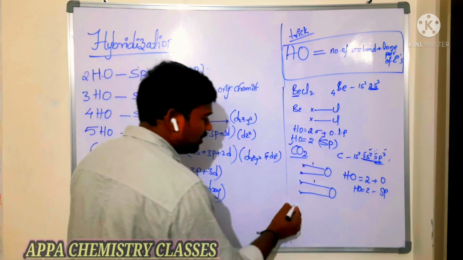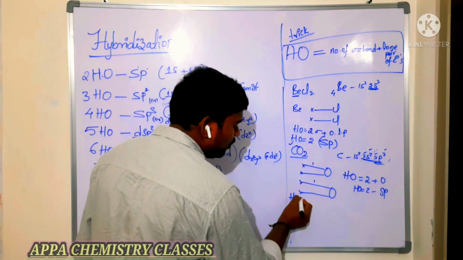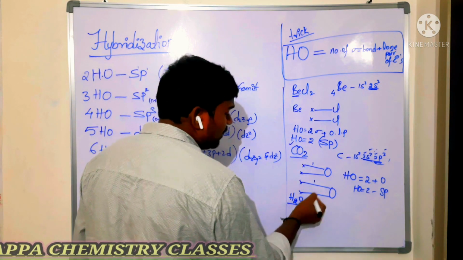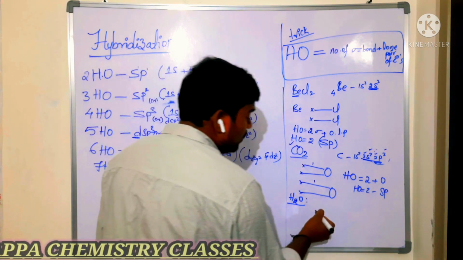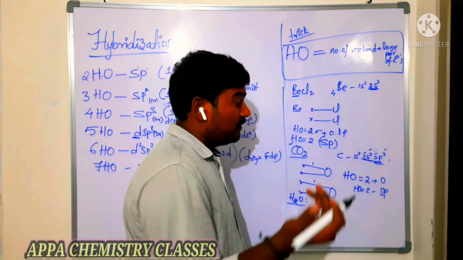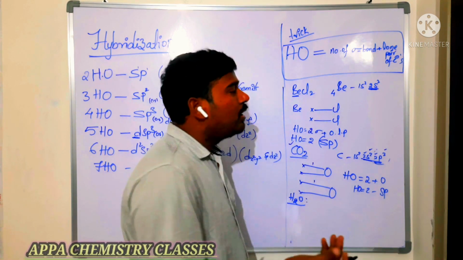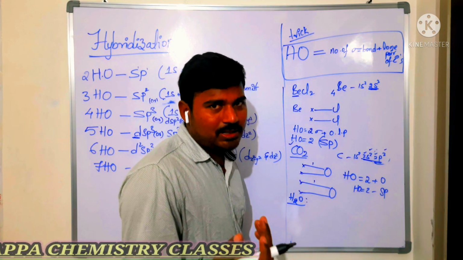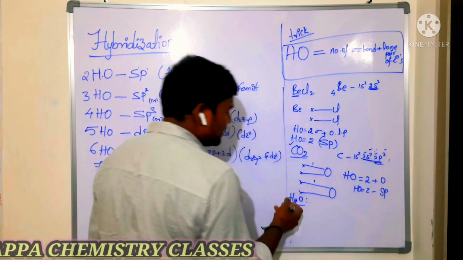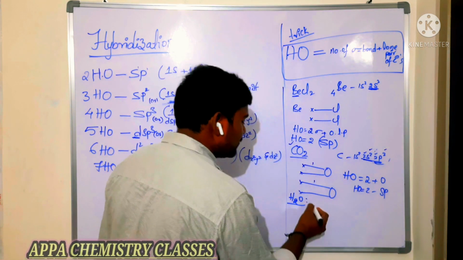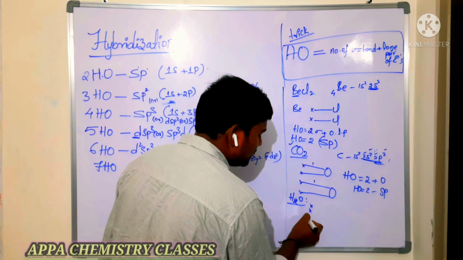After that we will see more examples. So now I am going to take the water molecule. In the water molecule, what is the central atom? Oxygen is the central atom. If you know the number of valence electrons, no need of writing the electronic configuration every time. Oxygen belongs to the 6th group, so it has 6 valence electrons. I can take 6 dots here.